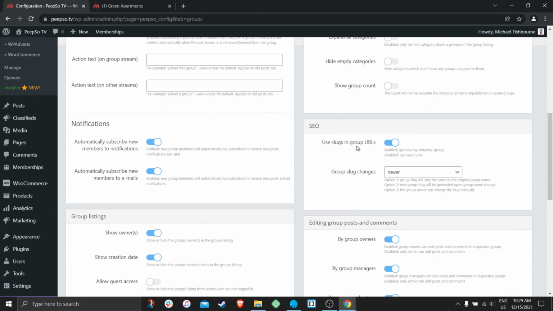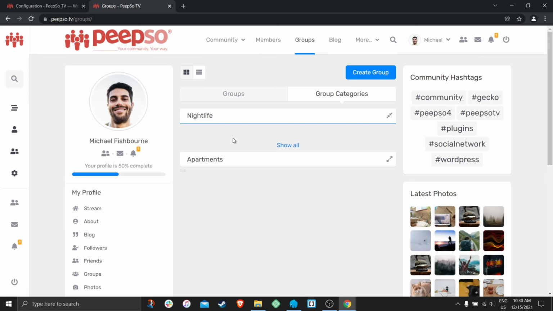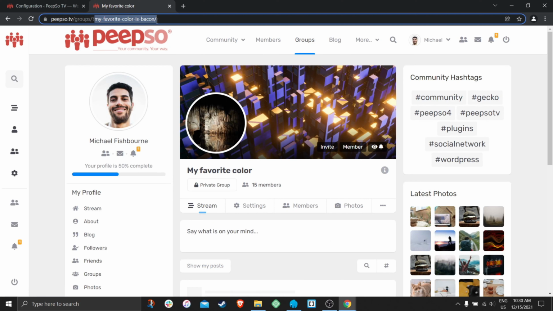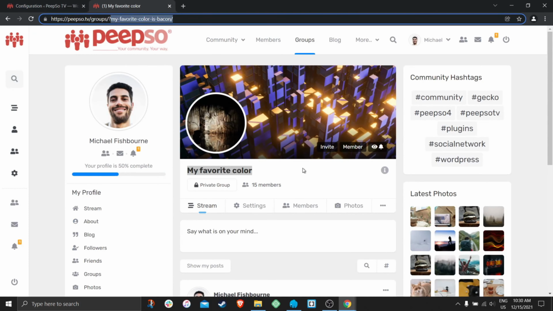Use slugs in group URLs, and group slug changes are the simple options that will allow you to use slugs like this. My favorite color is bacon for the group my favorite color. You see, there is a difference here. So if I enable that option and say that group slug will never change, that means whenever a group is created,